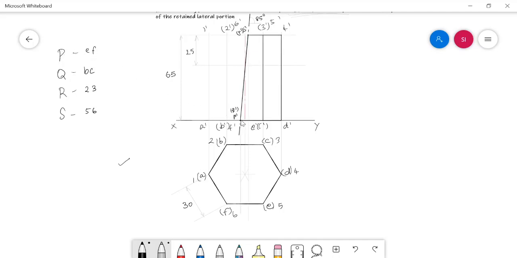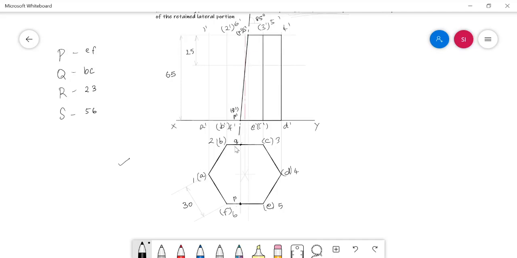So this is the projector of points P and Q. Wherever this projector intersects the edge EF, I need to mark the point P, and wherever it intersects the BC, I need to mark the cut point Q. Here this projector intersects the BC, so I need to mark Q here. And the same intersects EF at this part, so I need to mark the cut point P.